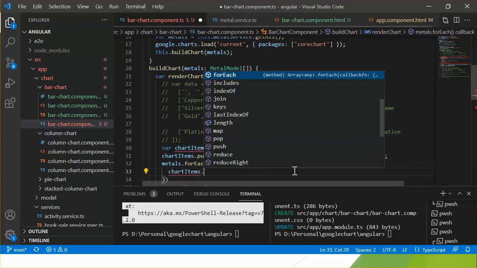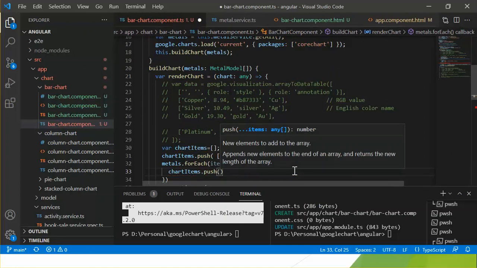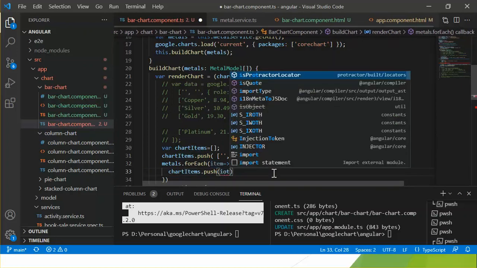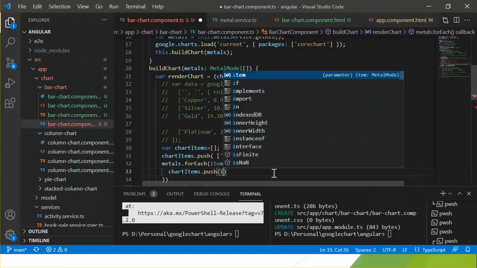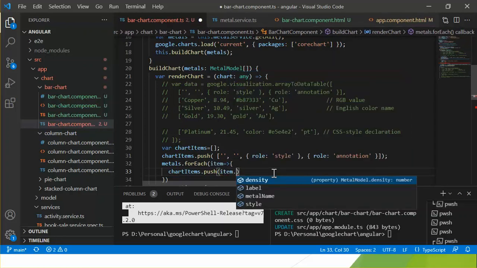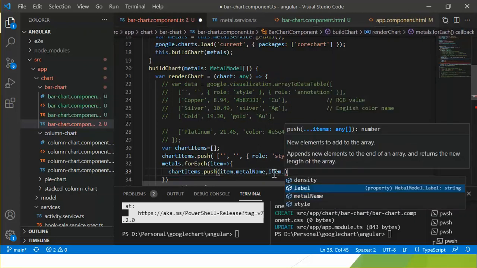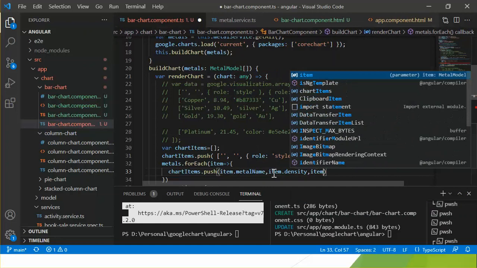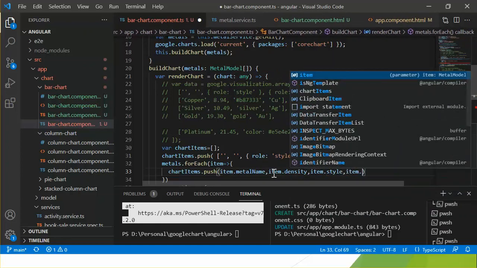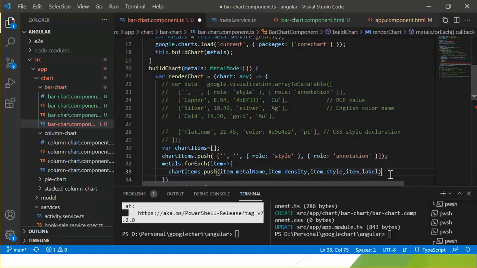Within this loop, push the data: the first is the metal name, the second is the metal density, the third is the item style, and the fourth one is the item label. Okay, now the array has been prepared.